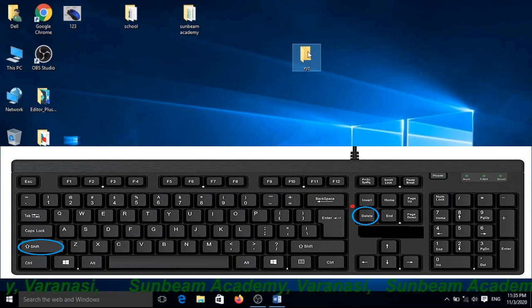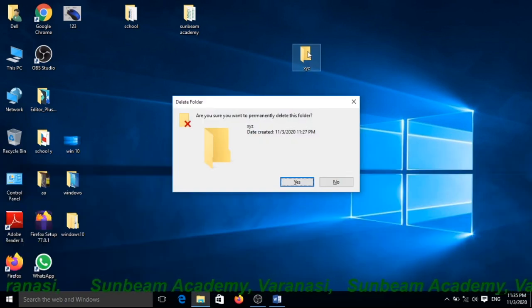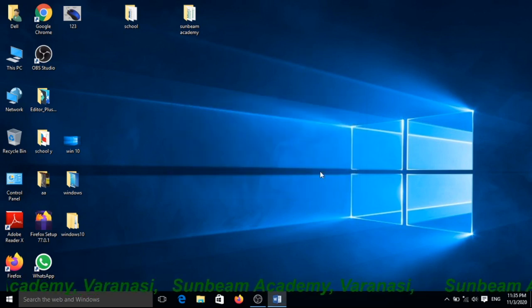Hold the shift button and press the delete button. The dialog box will appear, asking: are you sure you want to permanently delete this folder? If you want to, press yes, it will be deleted permanently. See, now this folder has been deleted permanently. You can't find it in the recycle bin.